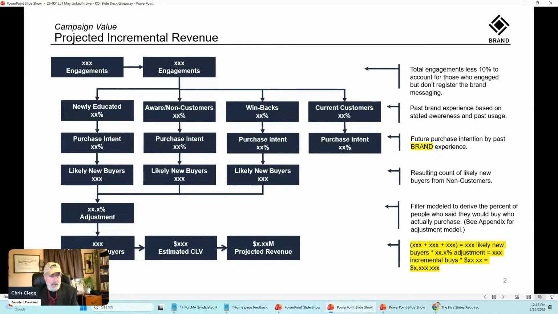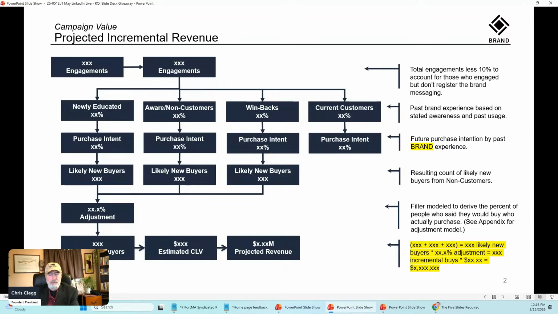They weren't engaging. They were present. They were doing the things they were supposed to do that got them counted as an interaction. But they might be grabbing that sample and just throwing it in the trash can 2 seconds later. So we want to account for that at some level. At a minimum, we'd say 10%. You know the nature of your activations, and if you want to make that higher or lower. But that's the first place that we can start to trim a little bit to make sure these models are